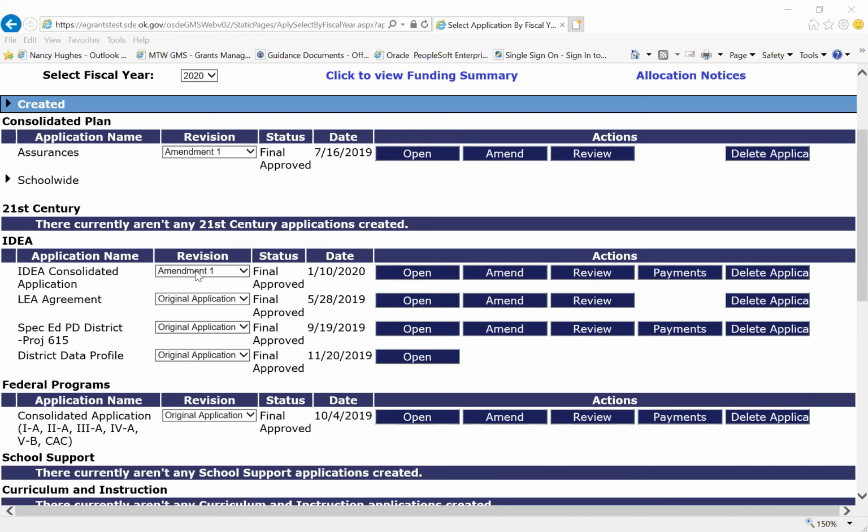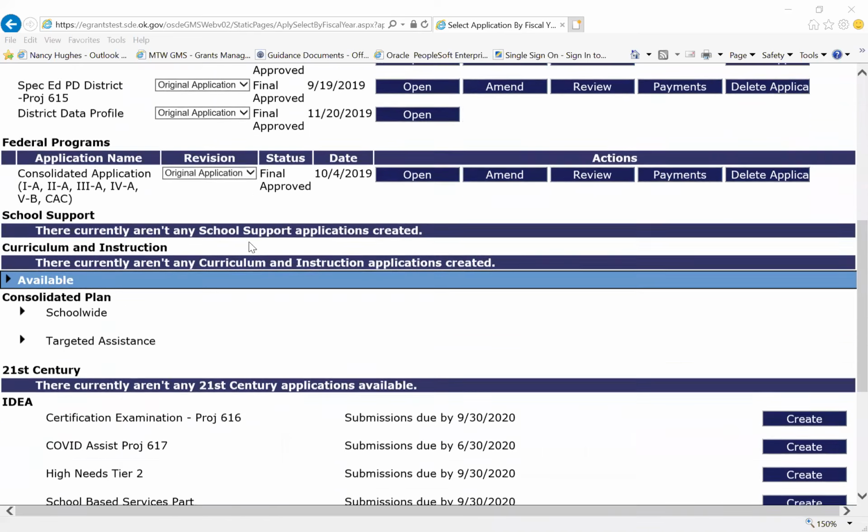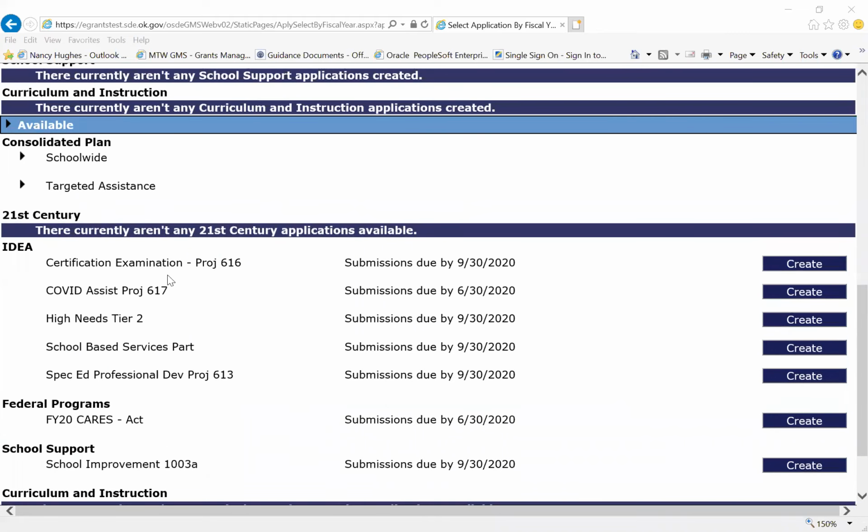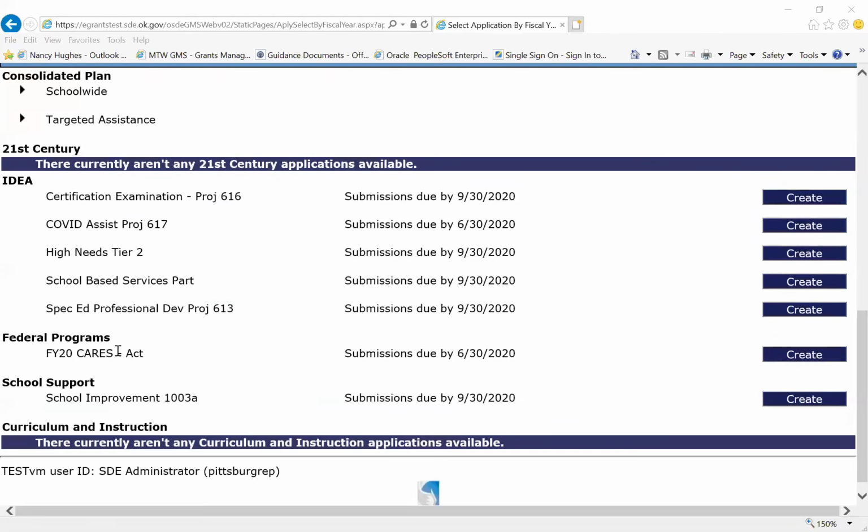And today I want to offer you some training for the CARES Act application. So this is the screen that you will normally see. You need to make sure that your fiscal year is in 2020. Then you'll scroll down to the bottom under the available applications, and you'll find under the Office of Federal Programs